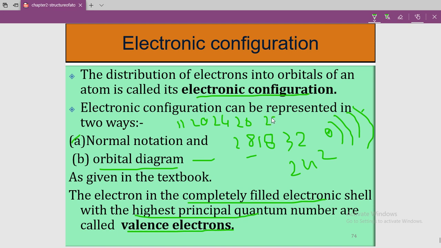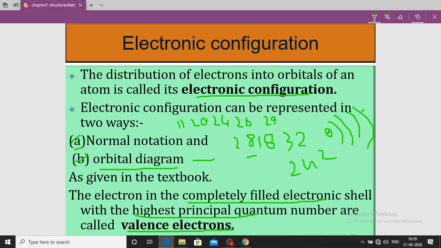Both ways you have to do the electronic configuration, and it means distribution of electron you have to show by these two methods. Okay, this way